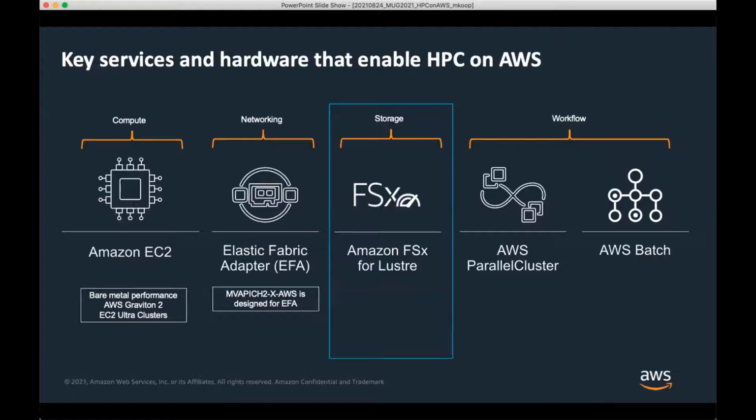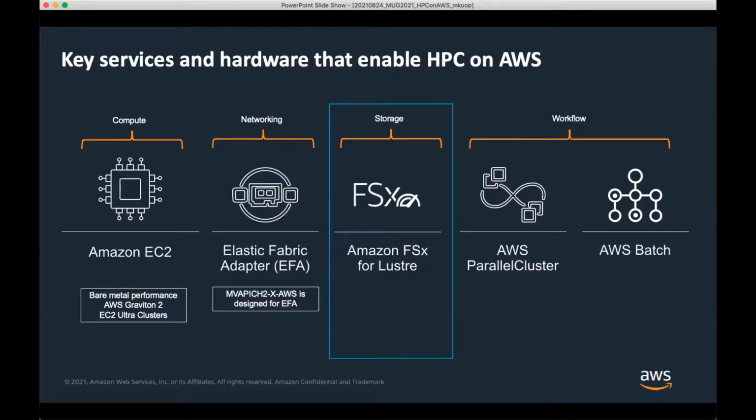All right, so that's a little bit about EFA and kind of how we get the networking performance we do. I want to touch a little bit on FSx for Lustre, which is the storage platform that a lot of our customers use. So if you can use something like an object store like S3, I generally recommend that you use that.